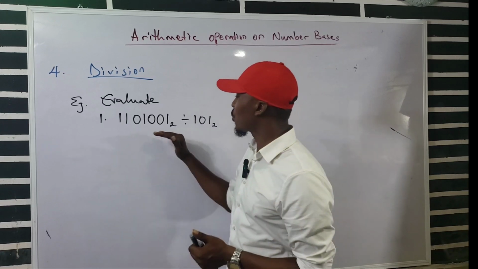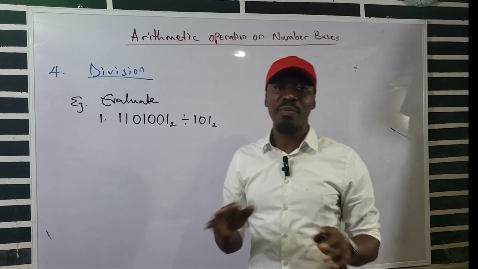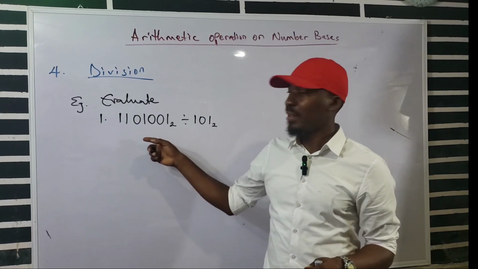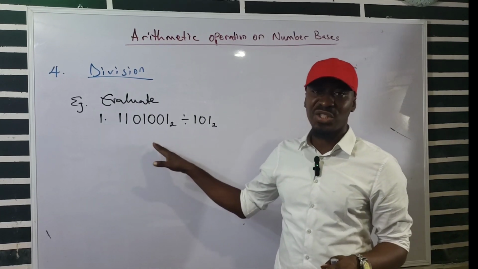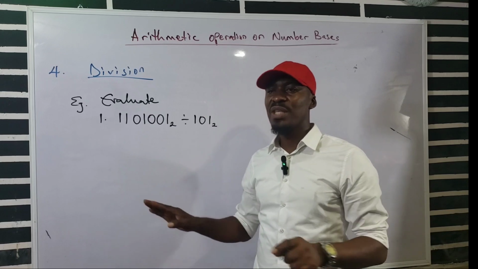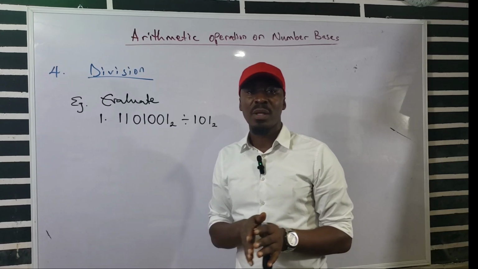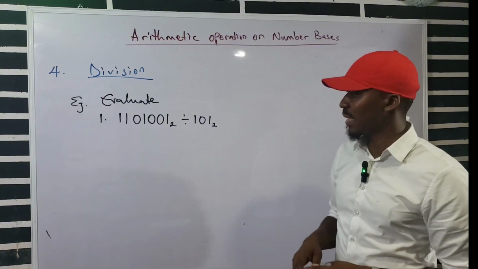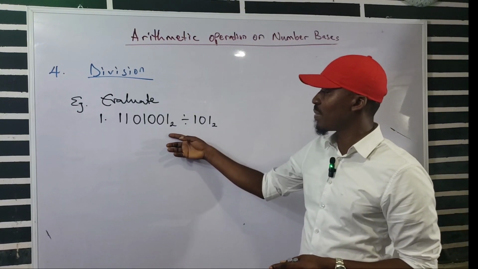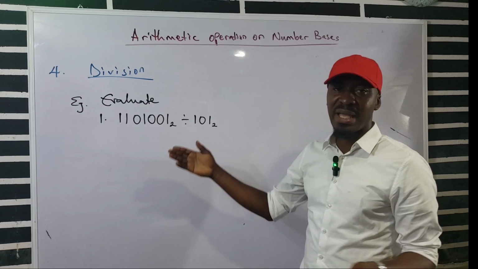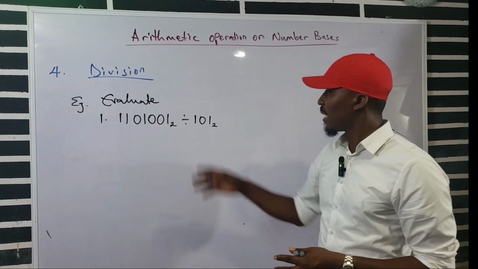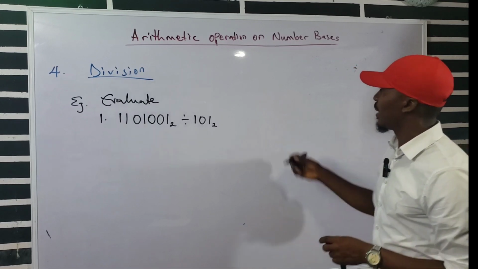Okay, so I'm going to solve this problem using the 2 methods. But please don't judge them by this base, because division in base 2 is quite simple compared to division in other bases. So let us do the 2 methods. Like I said before, we're going to do the 2 methods in the 2 examples that I'm going to solve under division. Let's take the first method